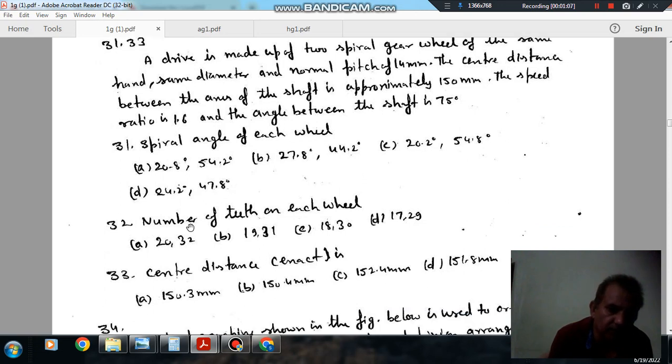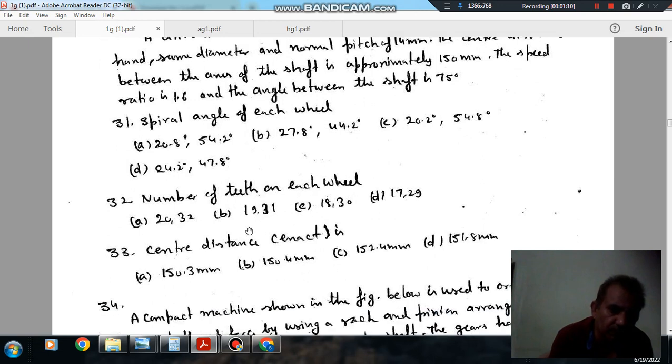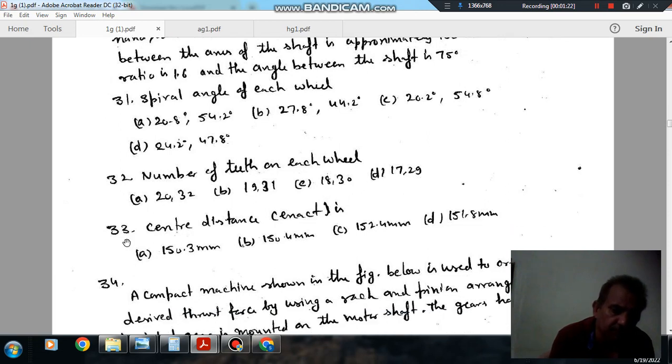Question number 32: the number of teeth on each wheel. Option A: 30, 20. Option B: 31, 19. Option C: 30, 18. Option D: 29, 17. Question number 33: